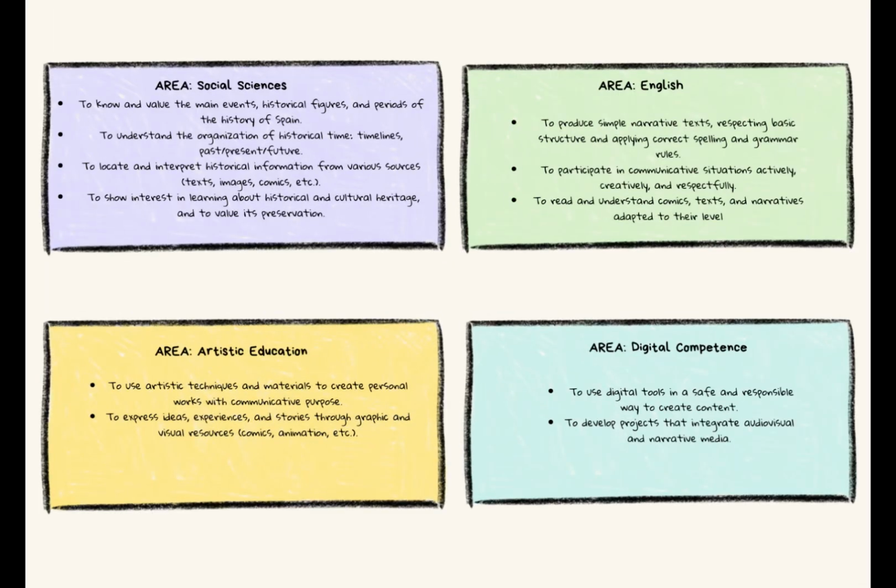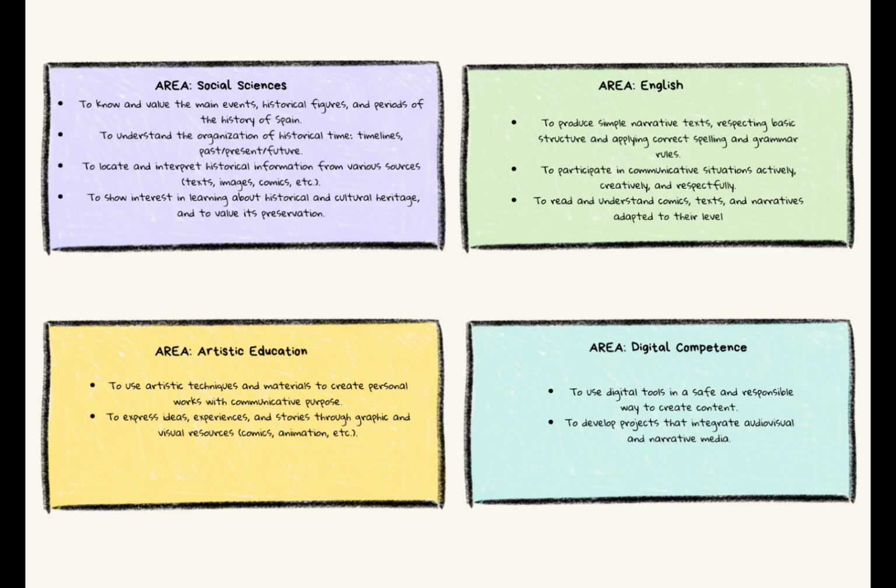The exam is divided into two different parts and now I'm going to start with the first one. For this part I prepared some activities for my students. The age of my students is between 10 and 11 years old. They are in 5th grade of primary education. So now I'm going to talk about the general goals of this course according to the real decreto of the region of Murcia. I have divided them according to the areas that are related to my project.